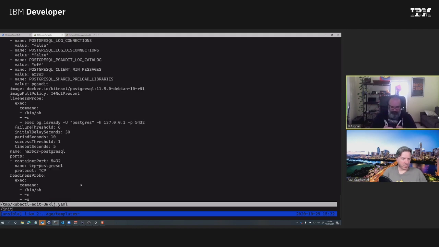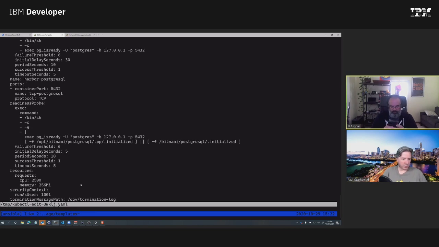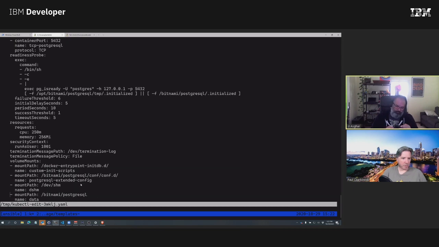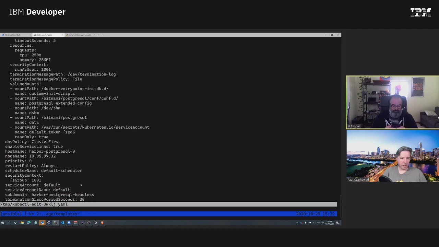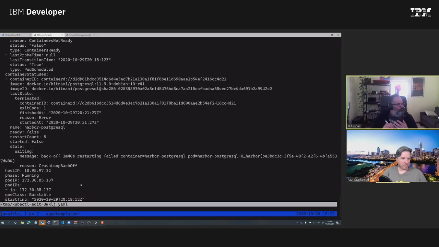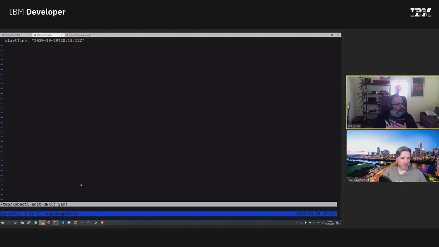Container. So there's no init containers. Security context. Yeah, so here we're saying the security context fsGroup. Volume claim.